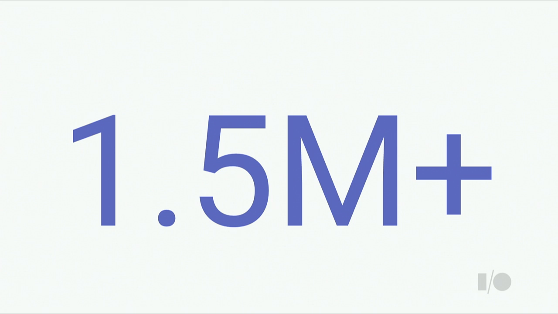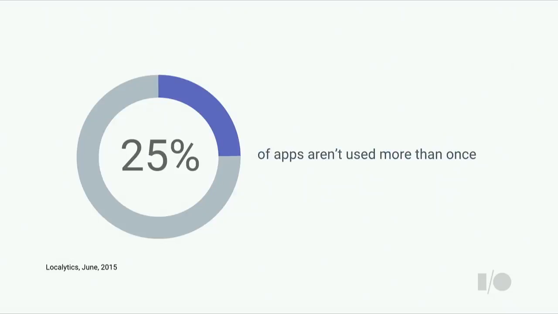I think usability flaws and user experience issues can contribute to the lack of engagement that some apps have. So, for example, we've learned that 25% of apps sometimes don't get used more than once, and that 34% of apps aren't open more than 11 times. So there are these statistics around with regard to app engagement and re-engagement. We're doing a lot of work on that issue itself at Google with certain products that we're bringing out. But I think it's also on us to really work on our user experience and our usability issues in our